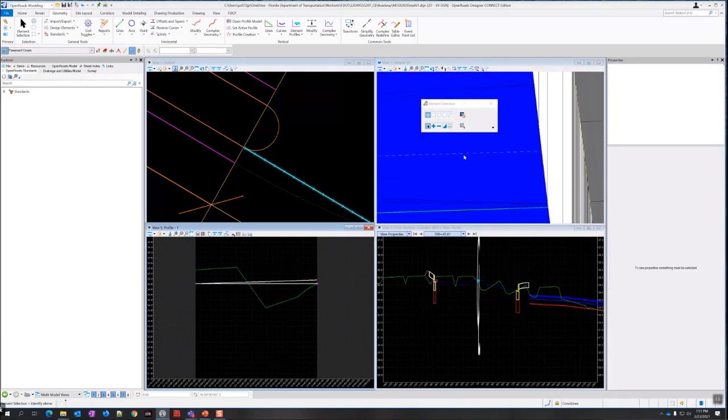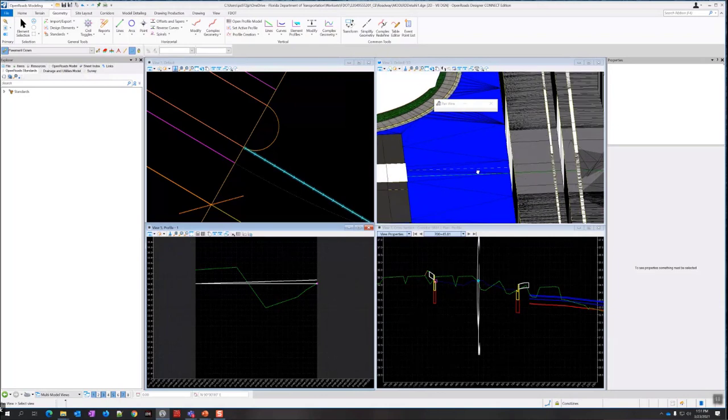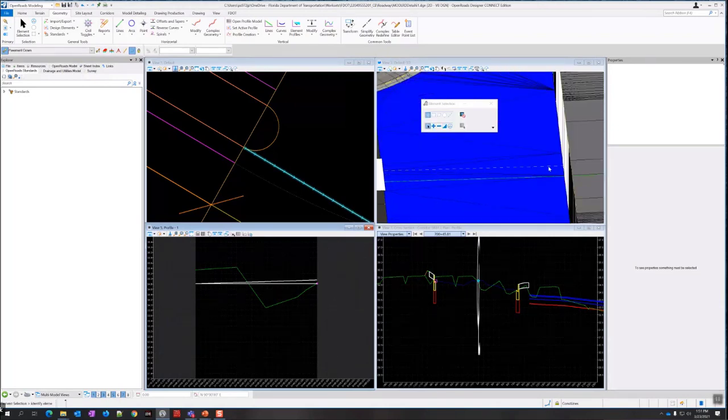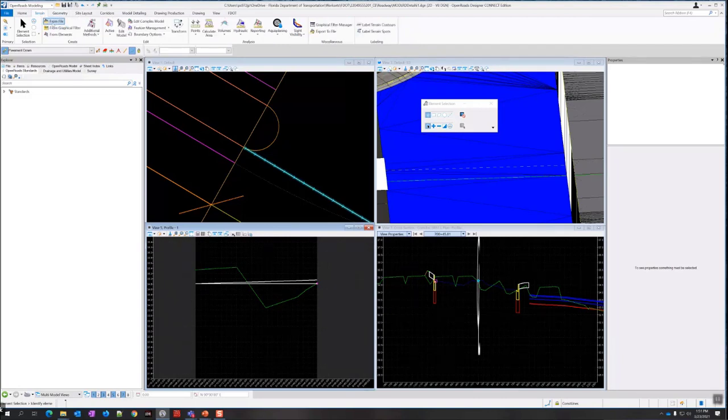And now you can kind of see how this is dashing. This is because it's pretty much following the template for the most part. So we need to add that as a break line here. So I'm going to go over here back to the terrain tab, and I'm going to choose, under feature management, click the little drop down there and select add features. First option there.